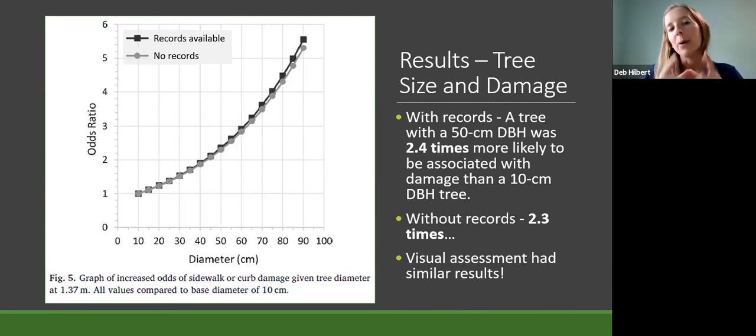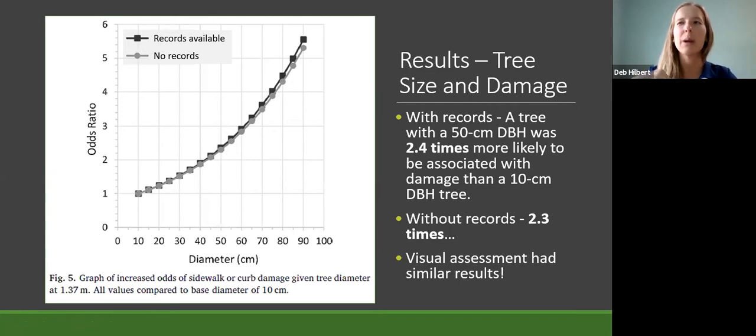And then I want to point out one more thing about this. So it says no records and records available. In Milwaukee and St. Paul and Minneapolis, they were able to provide some records on when the sidewalks were installed or when curbs were installed, as well as some planting dates, to really hone in and make sure that the tree was most likely the thing that was causing the damage. In Tampa, we didn't have those records, so we had to just use our best judgment to guess,